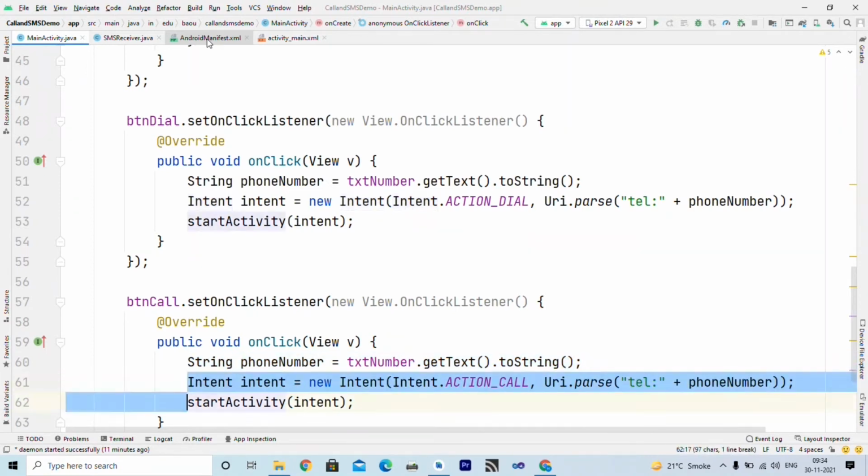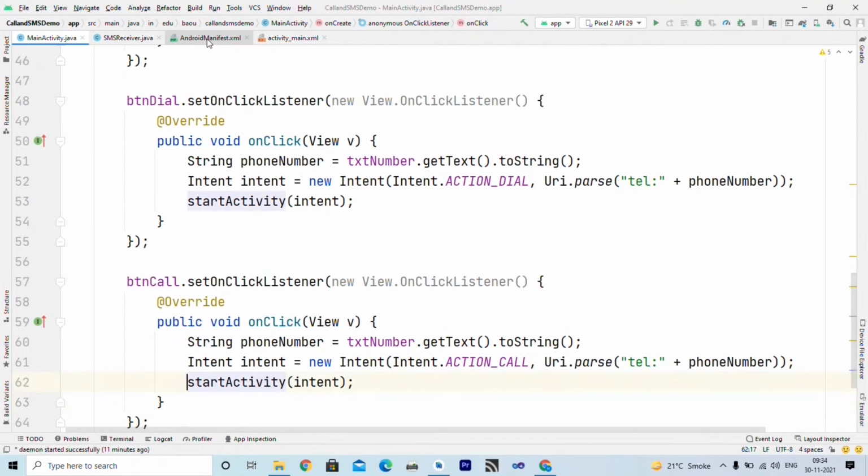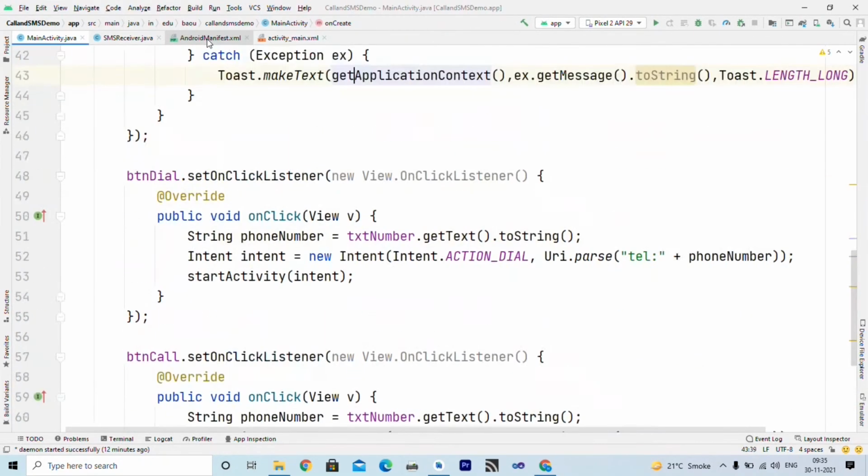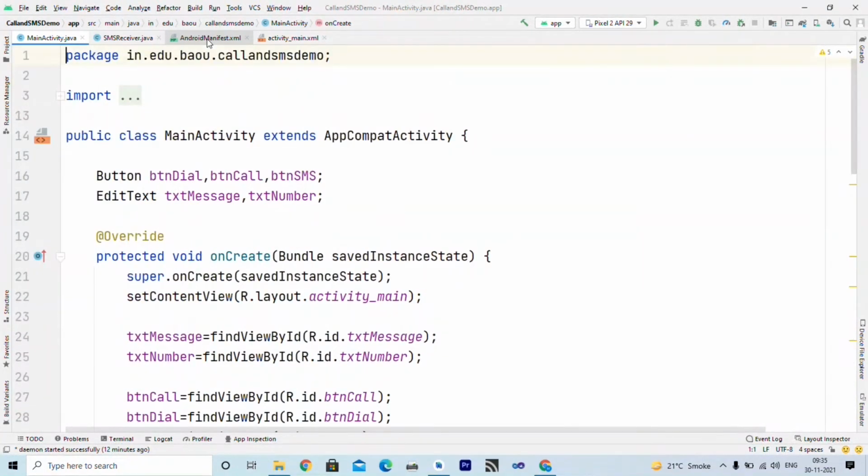Then we create an intent as earlier, but this time the action is ACTION_CALL to immediately call that number, and the second argument is the URI, which refers to the telephone number entered by the user, and then in the third line we start the activity using the intent. So it opens the call application and immediately calls that number. So I hope you understand this very simple code.